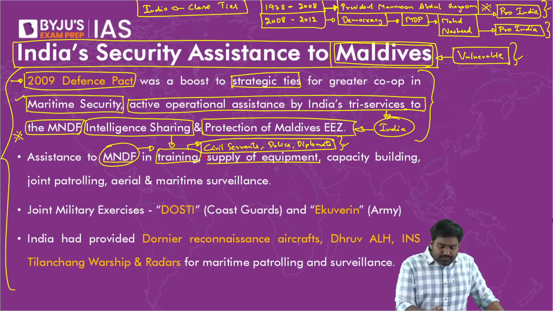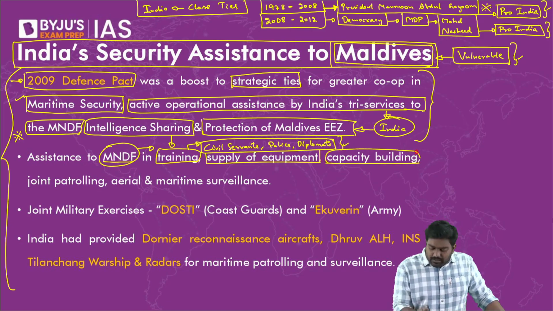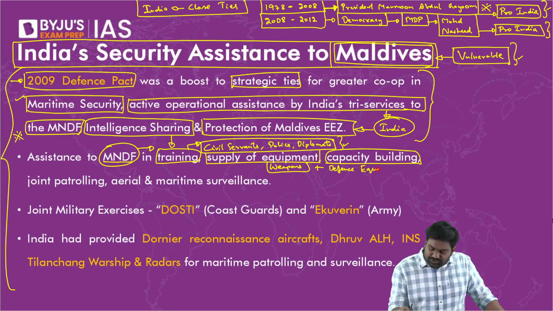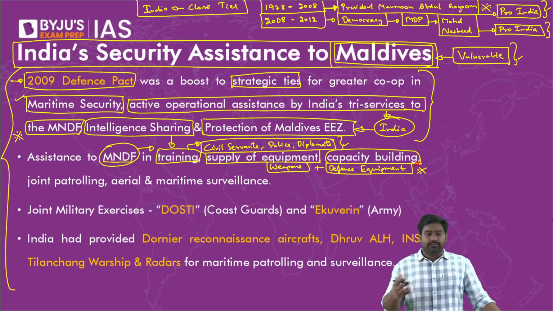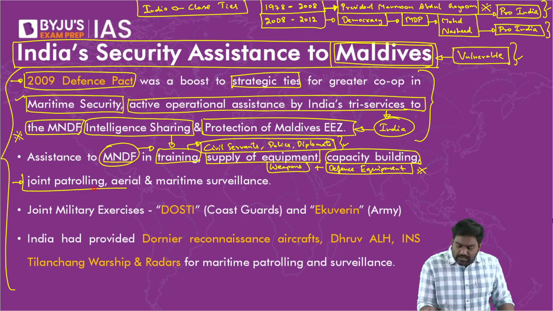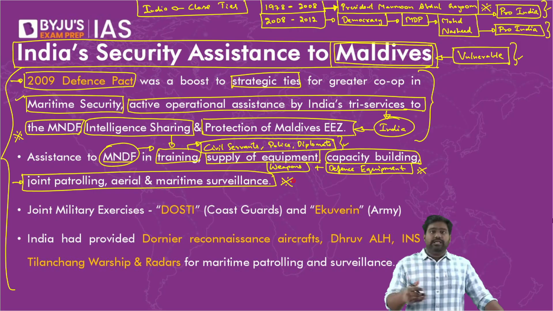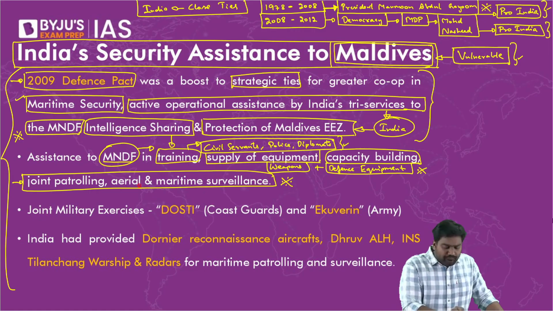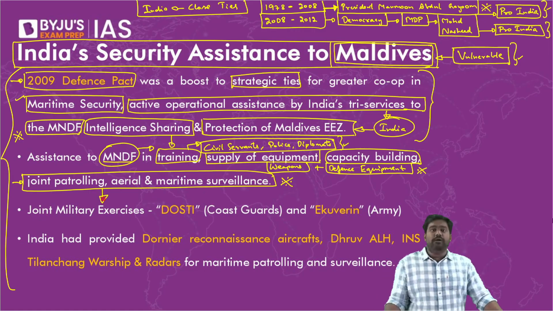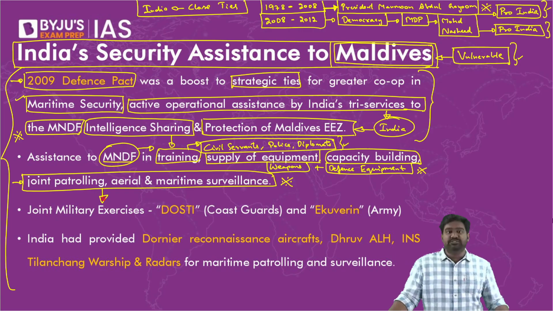So we supply such assistance to them. We train them, provide capacity building. We have even supplied military equipment. Weapons and defense equipment has been supplied by India to strengthen their armed forces, to ensure they can defend the EEZ and the boundaries of Maldives. And we even take up joint patrolling and surveillance. That's why I told you, in Maldives, constantly our Navy and Air Force is deployed. All right? We help the Maldivian forces in patrolling their EEZ and their maritime boundaries, and we conduct both aerial and maritime surveillance with them.